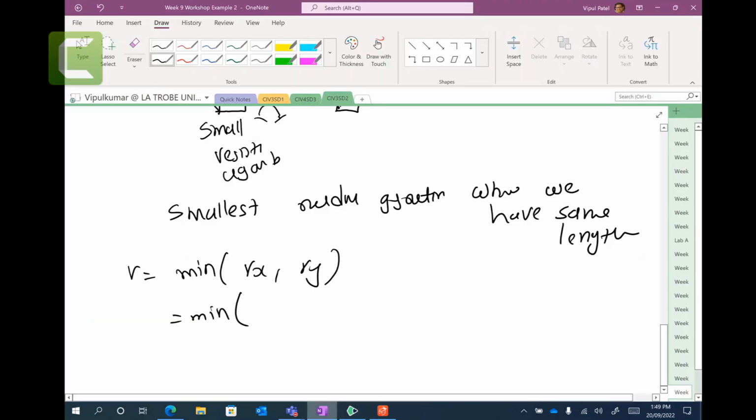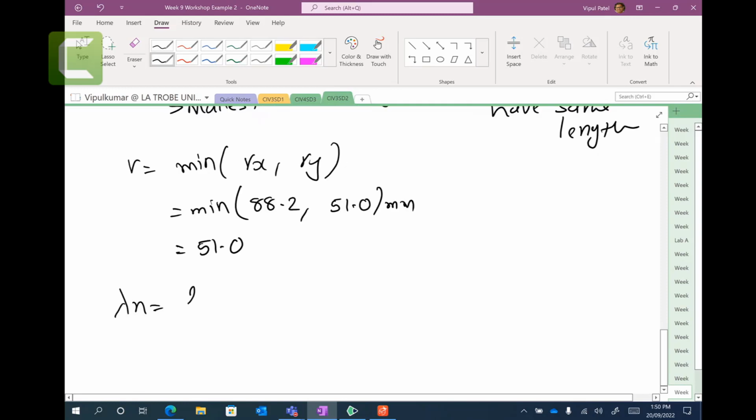Rx is what? 88.2 and 51.0 millimeters. So we take 51.0 millimeters. Lambda n equals Le on r, times the square root of Kf,